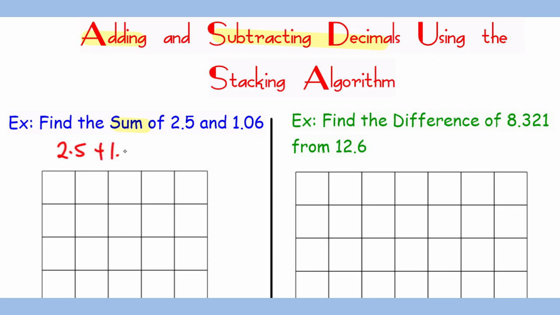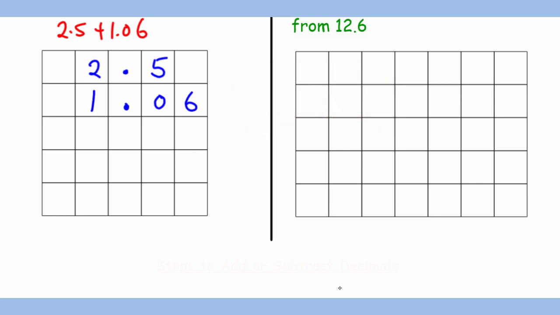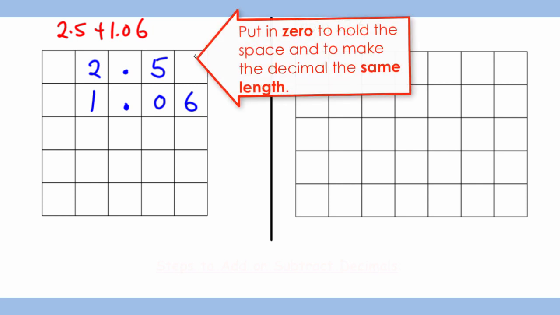2.5 with 1.06. Notice how I gave you boxes right here. This is meant to be used so you can align the numbers, because the most important thing in adding decimals is to align the numbers based on the decimal point. Given that there is an empty space on top of the 6, it is best that you put a 0